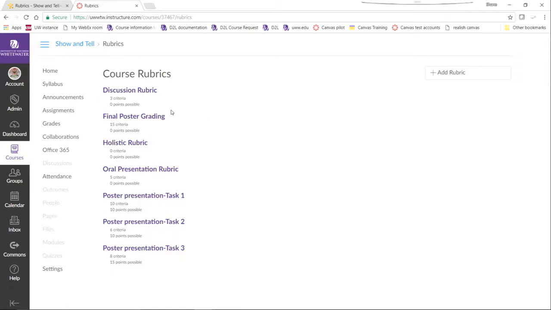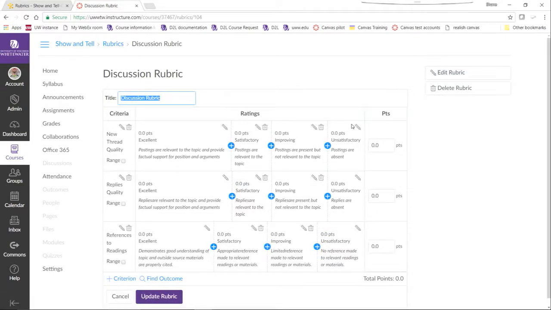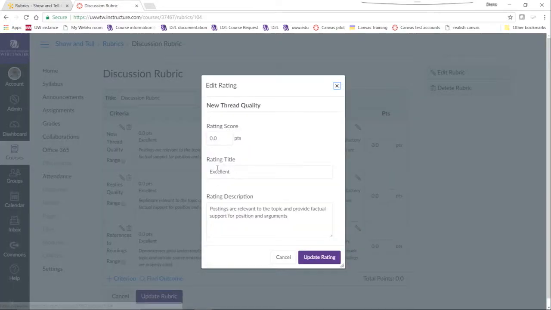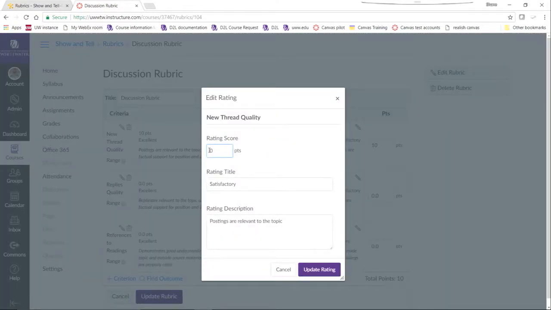There is a bit of an issue though. Many of these come over with no points possible, and the number of criteria is sometimes questionable. Importantly though, the rubric is filled in. So if you've spent time already creating rubrics in D2L, while it does mean that you will have to go in and perhaps edit some of these to update the points that they are worth, it will still save you a lot of time because you don't have to copy and paste everything.